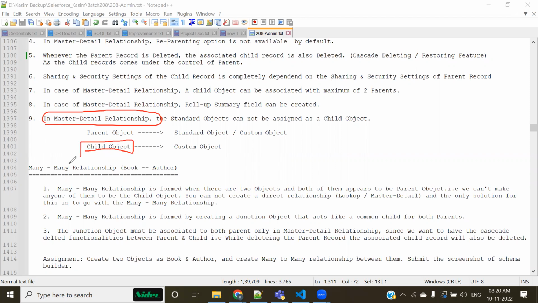One line answer. In case of a master detail relationship, child cannot be a standard object. Matlab, child should always be a custom object.